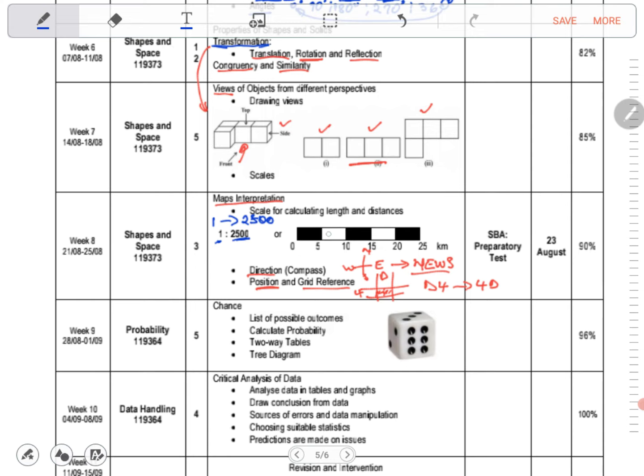Now a bar scale or a line scale is simply a small iteration of this. So you would see that the distance from here to there is 5 kilometers, based on this one here that tells us that it is a kilometer. So if you have a distance on the map, and you bring it here and you find that it actually covers up to there, you would know that this would be